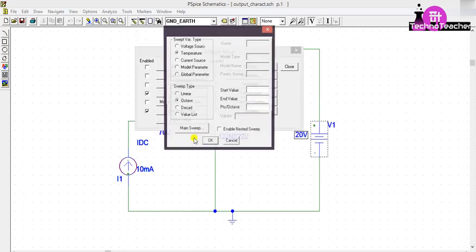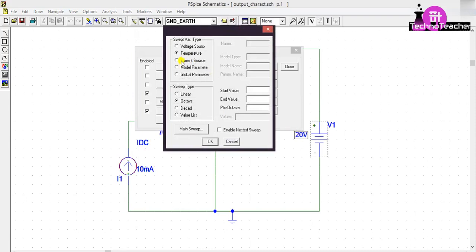Then click on nested sweep. We have to select the current source. The current source name is I1 and click on value list.